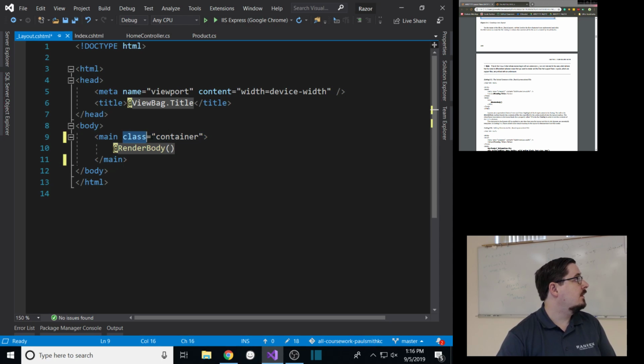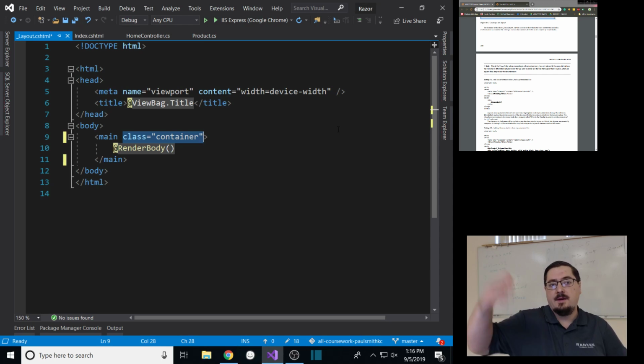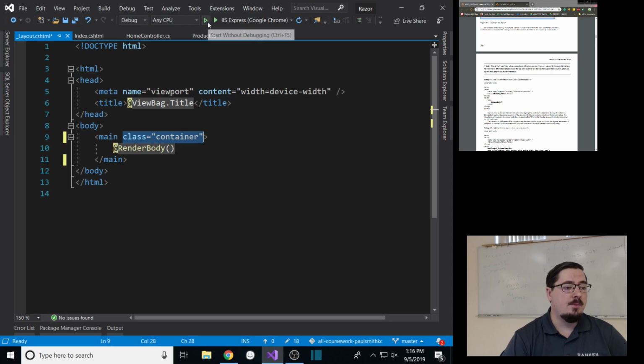And I'm typically going to apply container on there, because that makes it easier. That way I don't have to write container in every single view. That's an important part that I'm going to do to set those up. Now, if I run the application right now,